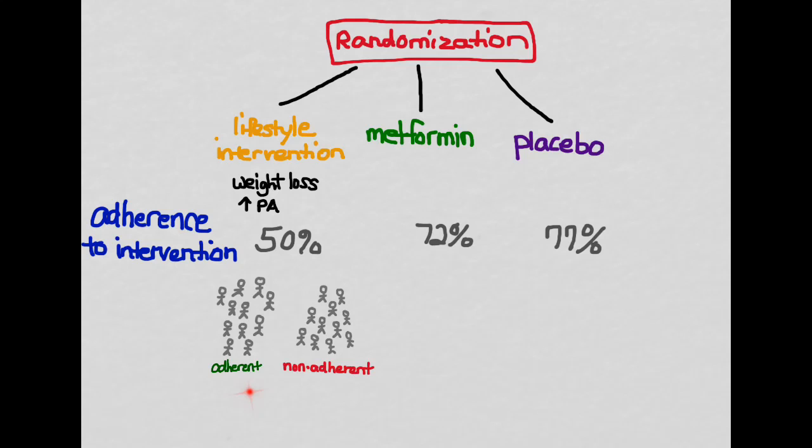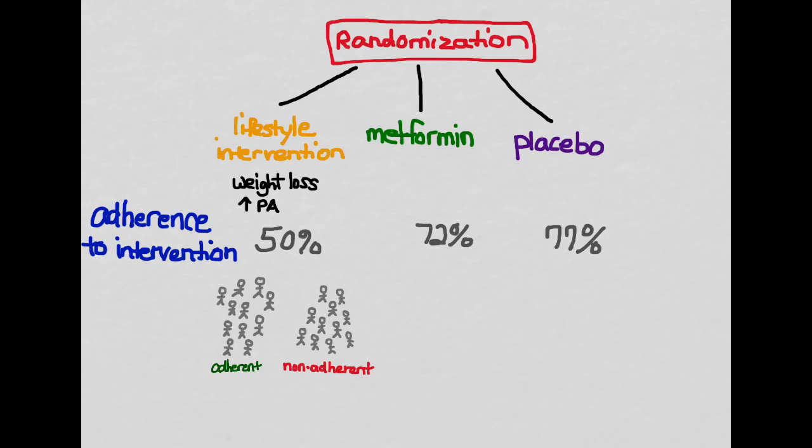So look at this down here. So here are the adherent versus non-adherent people. Now, who is likely to be non-adherent? Well, we don't really know, but it's certainly possible that people who have, say, fewer resources might be less adherent because maybe they can't afford healthier food, and they can't exercise because they don't live in a place that's safe to go outside and jog.